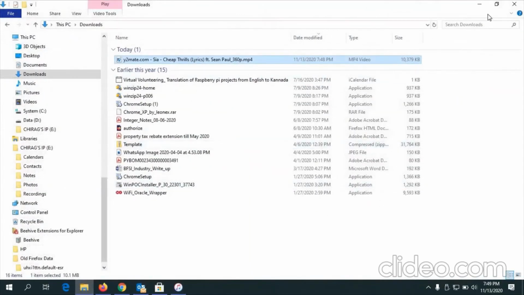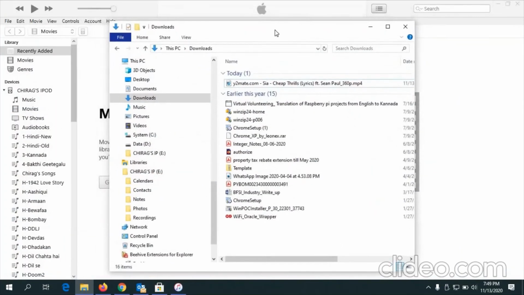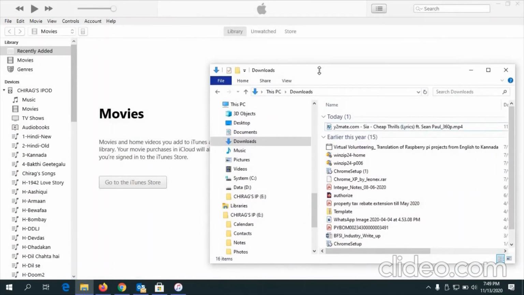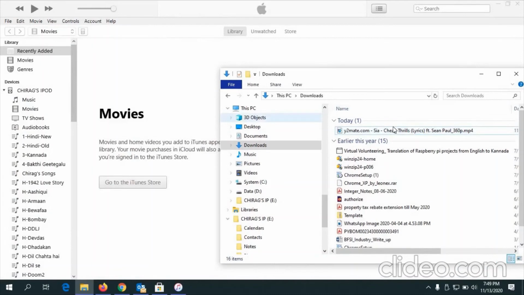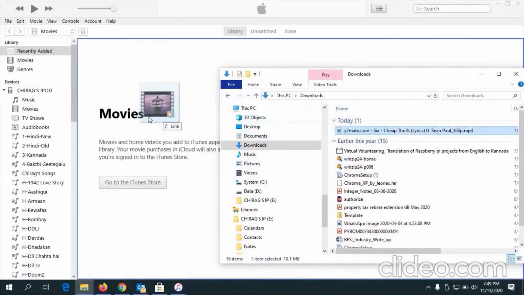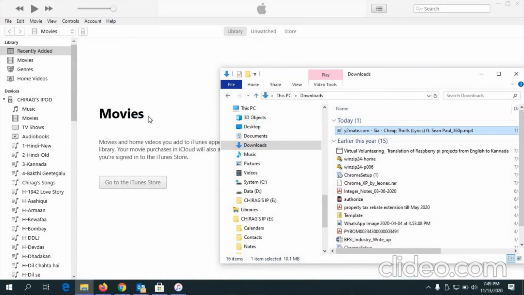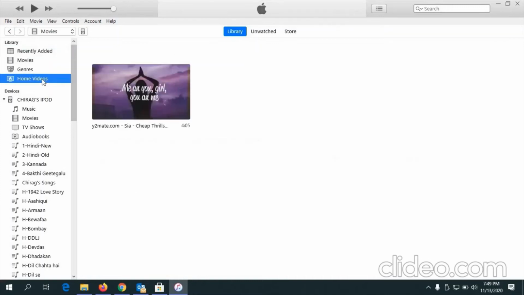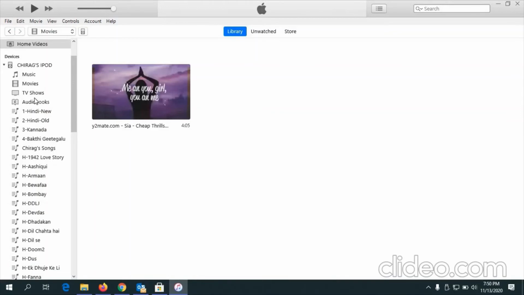Now go to your file explorer, and this is a very simple step. Just make it a bit small. Okay, let me make it a bit smaller. Yeah, so it is at the side. What you have to do is very easy: single click on it and drag it to this. It'll be like this link, and just remove it. It'll take time to go, and then a new one will come, home videos. You go there, you see it's there. Okay.